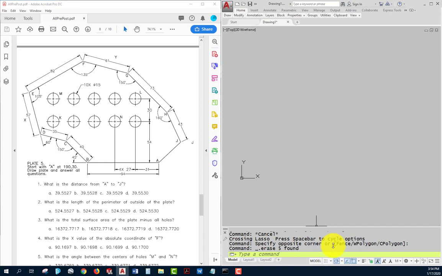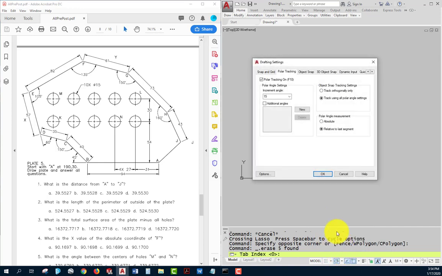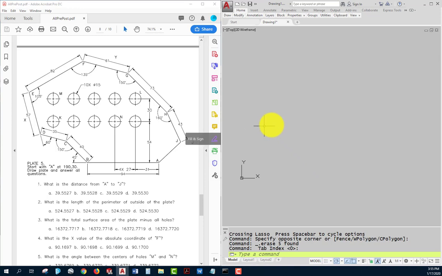We'll go down to the polar tracking settings. I'm going to go and track 5 degrees. It's going to be a relatively small incremental angle, but it's big enough so we can use it. Track using all polar angle settings, still relative to last segment, but because we're going to end up going clockwise instead of counterclockwise, the relative to last segment is going to be a little confusing unless I change my units